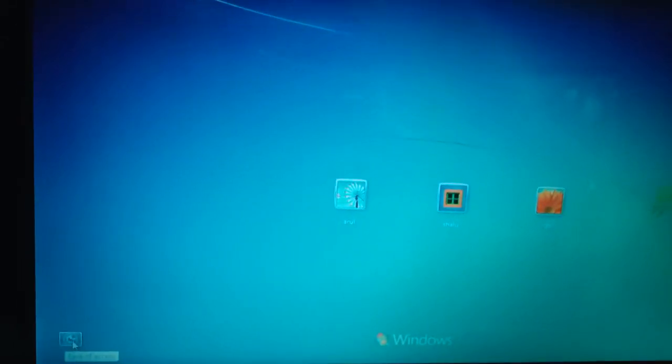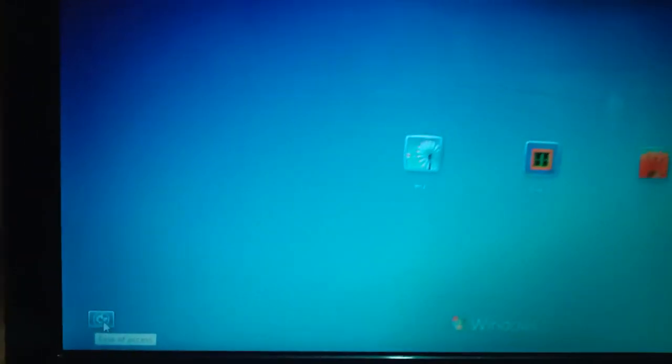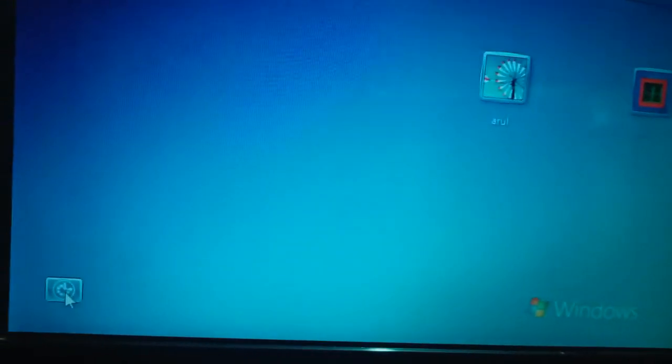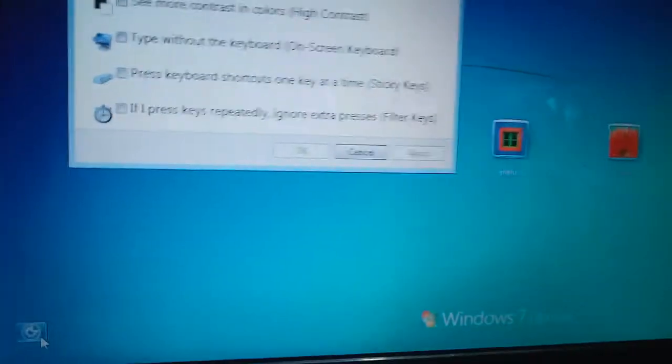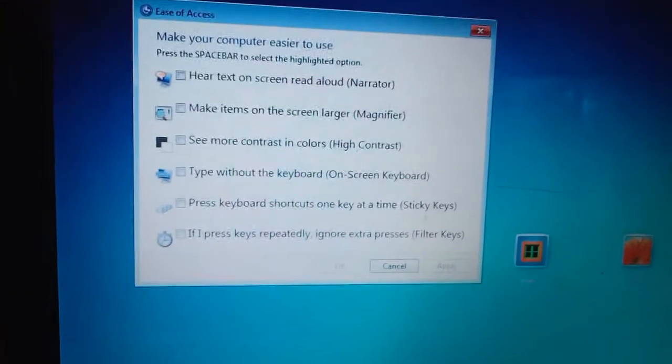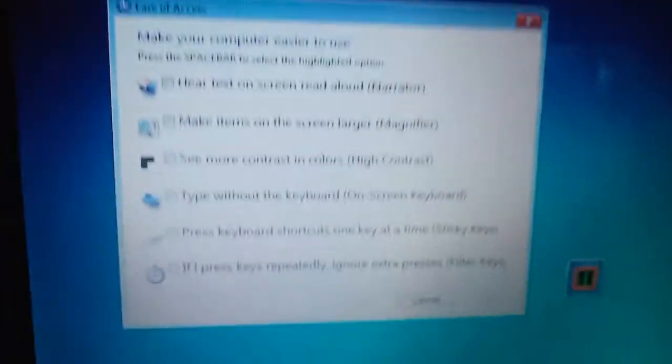You can see the mouse pointer here. If you leave the mouse pointer here, you can see the tooltip text that says ease of access. After that, click on it, and after clicking on it you will have this pop-up window, and in this